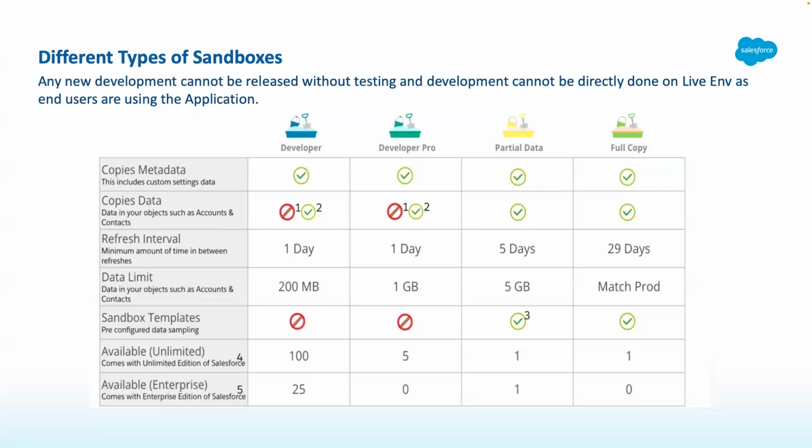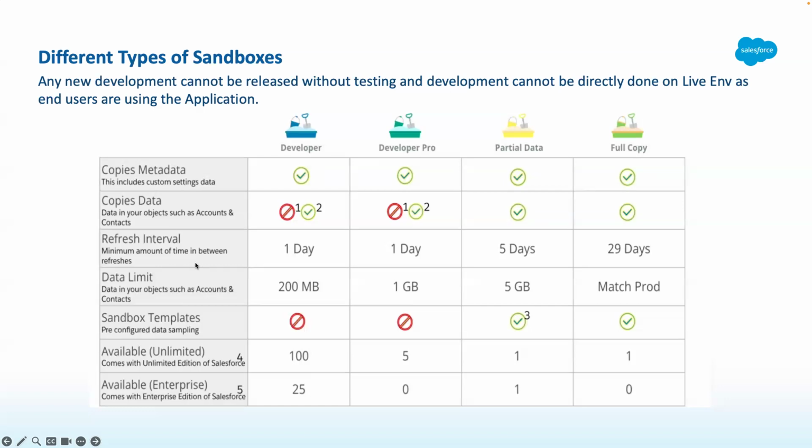What is the same? Everything: data, metadata, and IDs. Everything is the same in only this environment. So full copy will have the same IDs as your production environment. It copies both. It's a Xerox. So I don't have to talk about why it has both, because copy means copy, clone, as is. So it has the exact same metadata, which means your customizations, and data, which means the data that you have created. If you do not have any customizations, you are using it as is, Salesforce environment, no metadata, whatever it is